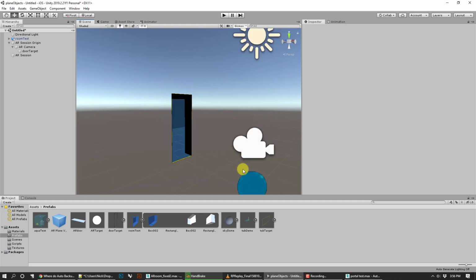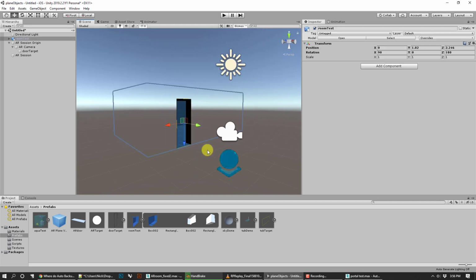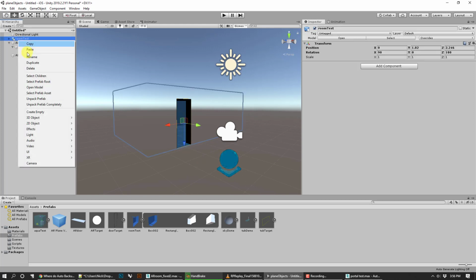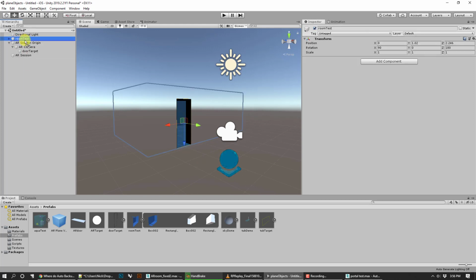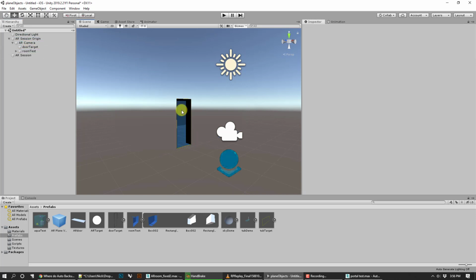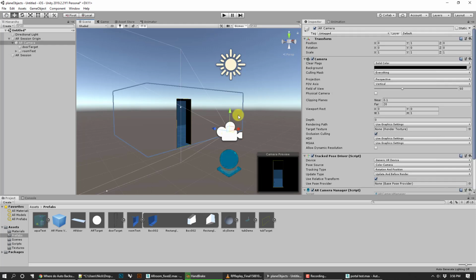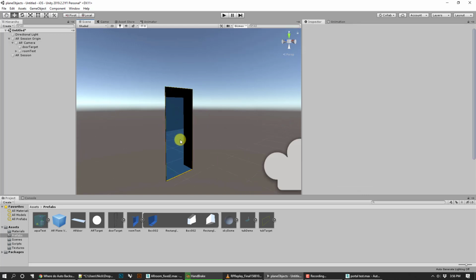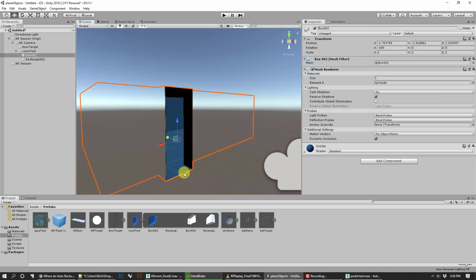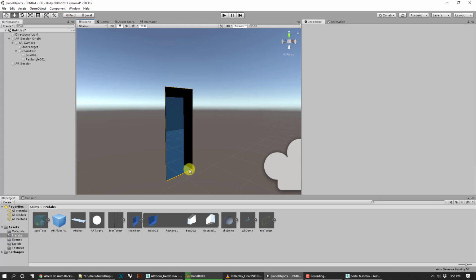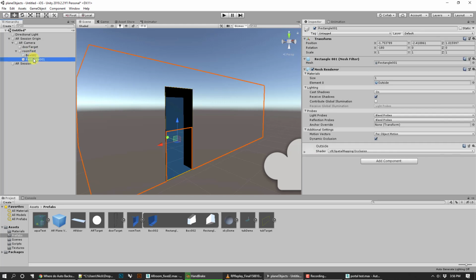You can halfway eyeball it, and that'll get you what I had in the other scene. So again, go to room test, say unpack prefab, and make that a child of the AR camera. When you run the scene, you're going to move the camera around until you get that aligned with your door, and then the script is going to kick in. When you tap the screen, it's going to hide this object, I mean the frame object, the door target, and then it's going to make a copy